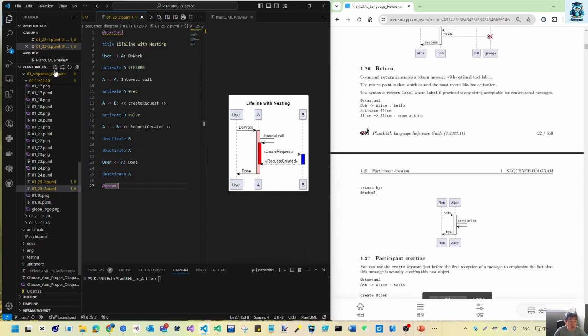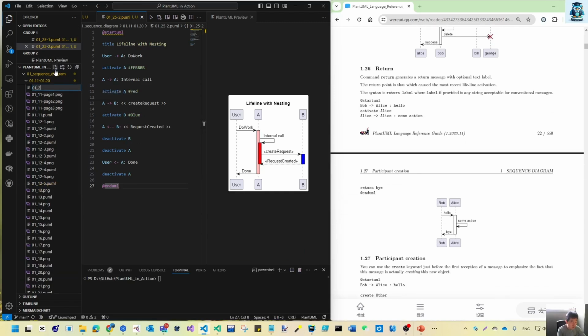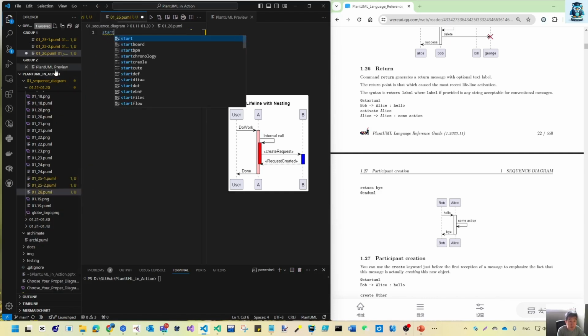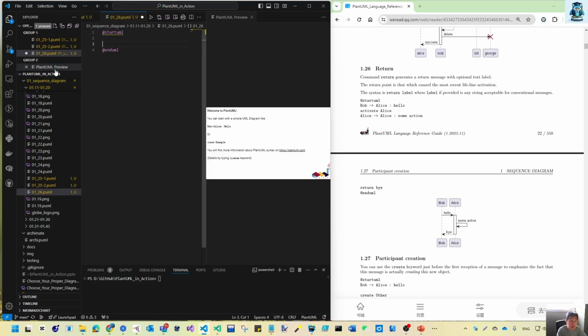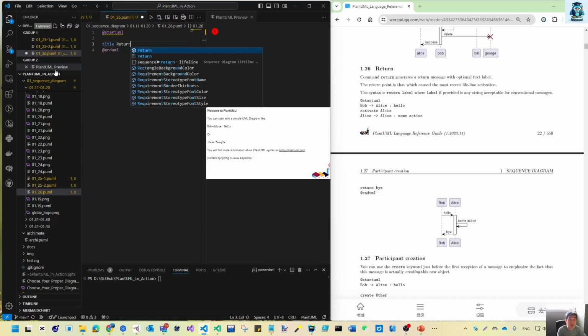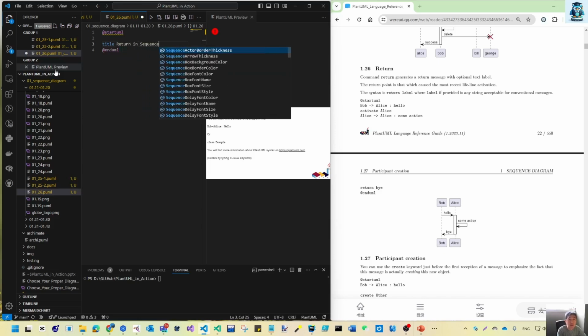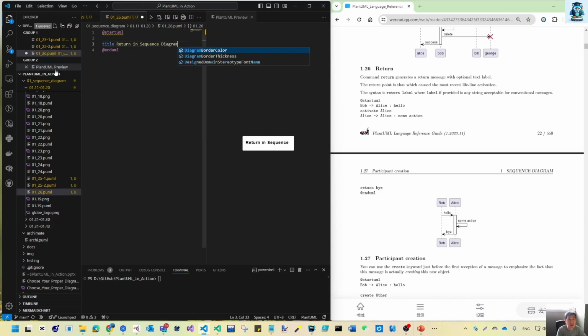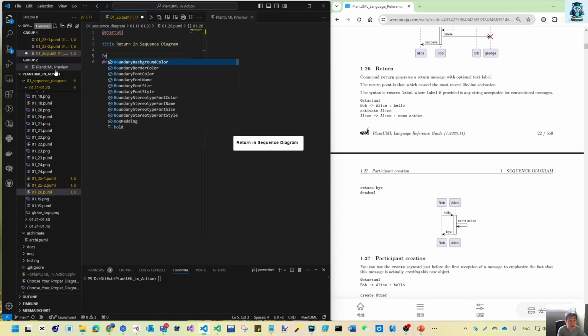So let's jump to 0126, StarUML and UML. Let's just familiarize ourselves with these return keywords. So title, return in sequence diagram. So what this return means is, let's just create first